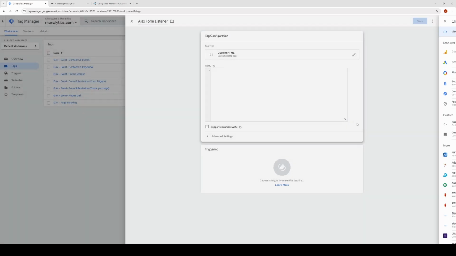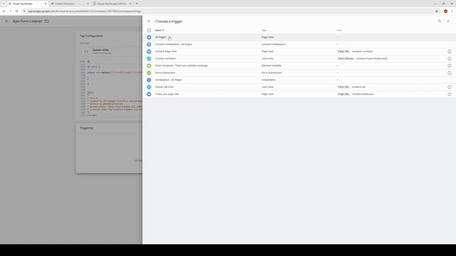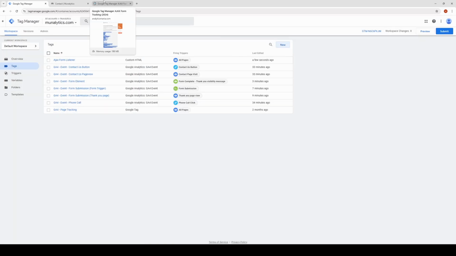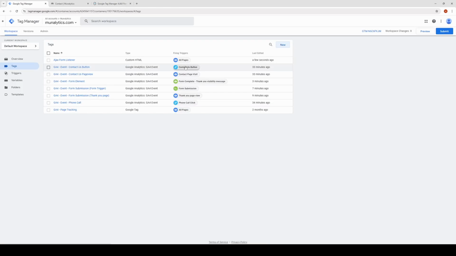It's going to be a custom HTML tag. I'm going to paste the code and I'm going to fire it on all pages. I'll provide a link to the Ajax code in the description of the video. Essentially, what this code does is when there is a form submission via Ajax, it will fire an event called Ajax complete. So what I can do is I can set up a new trigger